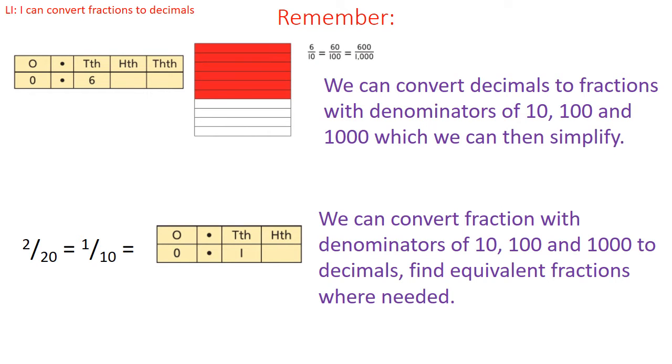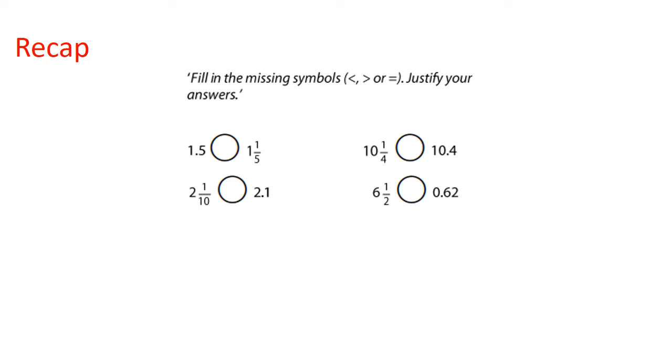So what have we done so far? We've learned to convert decimals to fractions with denominators of 10, 100 and 1,000, and then we've reminded ourselves how we can simplify those. We've also had a go at converting fractions with denominators of 10, 100 and 1,000 to decimals, as well as if we have a fraction with a different denominator, finding an equivalent fraction with 10, 100 or 1,000 as its denominator, and then converting that to its decimal. So let's do a little bit of a recap here,